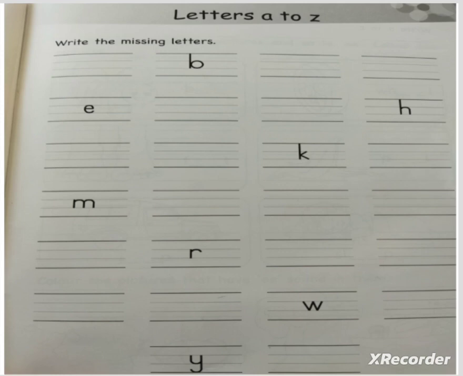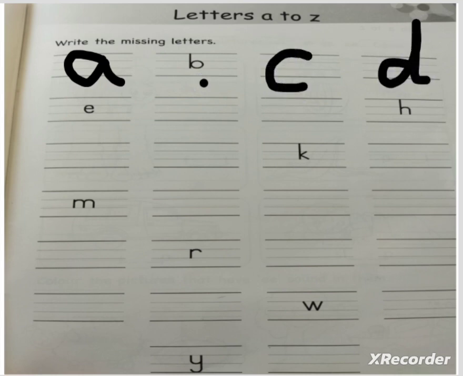Then last worksheet is letters A to Z. You have to write missing letters. What is here? These are the small letters. You have to write A to Z. These missing letters. Here will come A, then B, then C, then D, then E, then F, then here G,